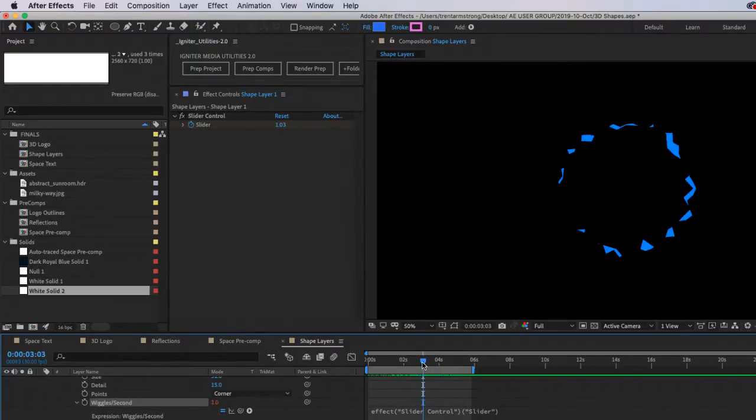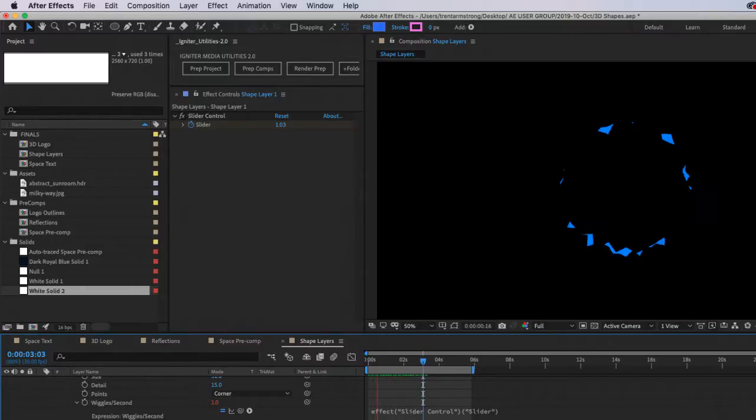So maybe let's try and hold it at 1 right there. Set a keyframe. Nope, does the same thing.